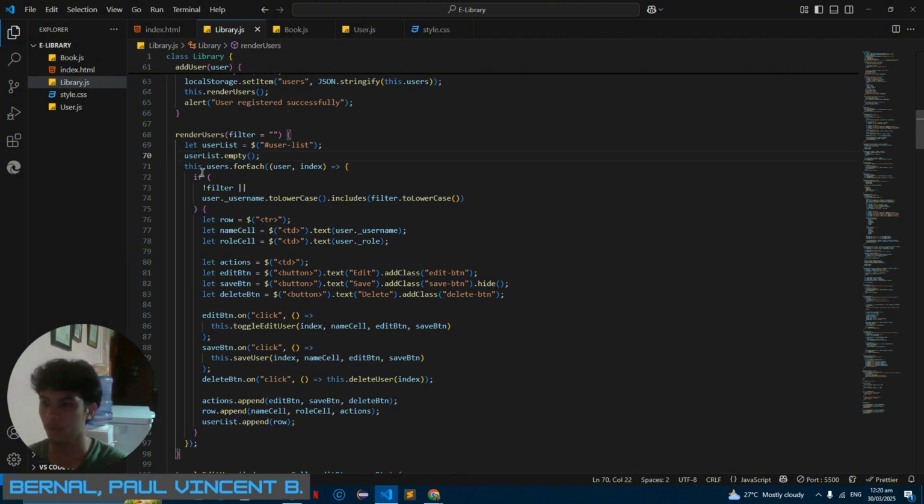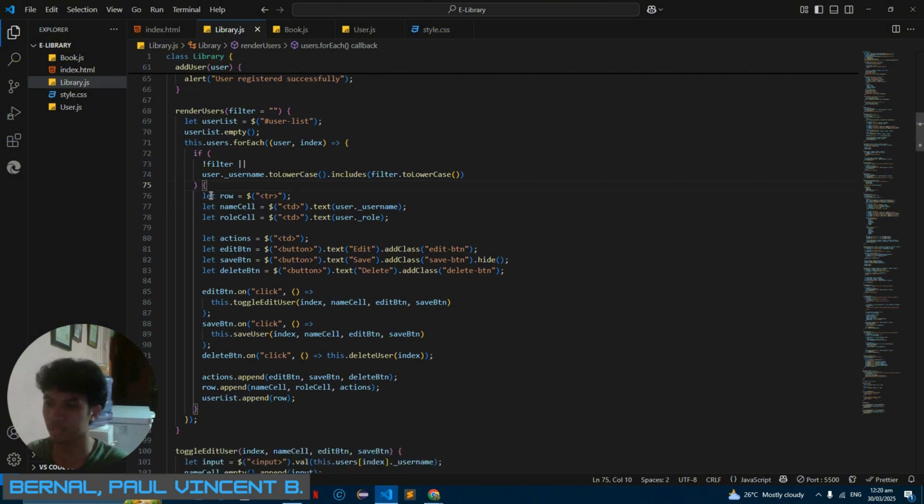We use this dot users, and we use for each to access the user and the index. We also use an if statement for filtering: username to lowercase includes filter to lowercase. Whenever the user inputs lowercase or uppercase, it's always applicable and the process continues.